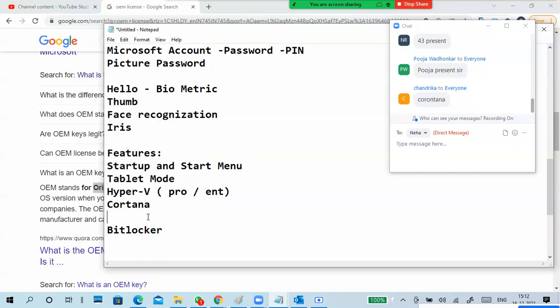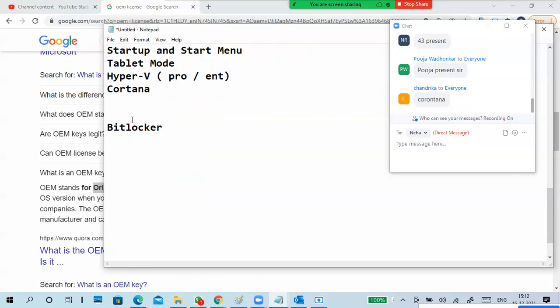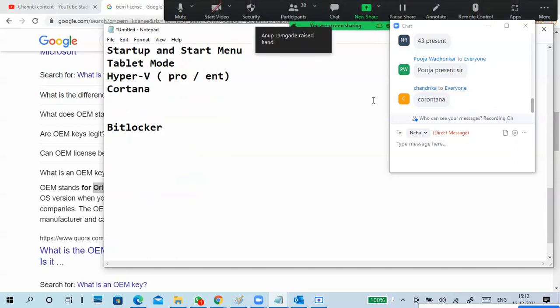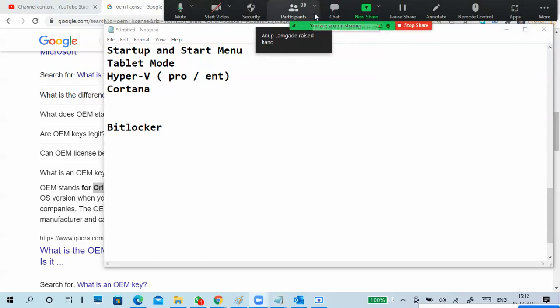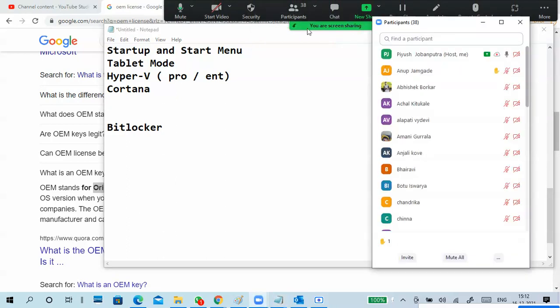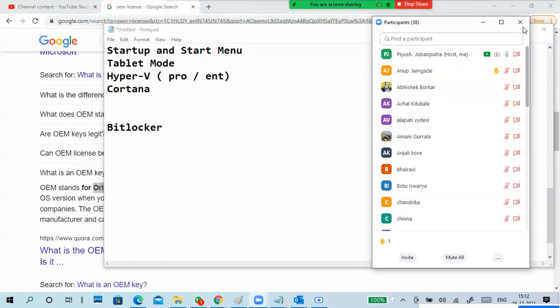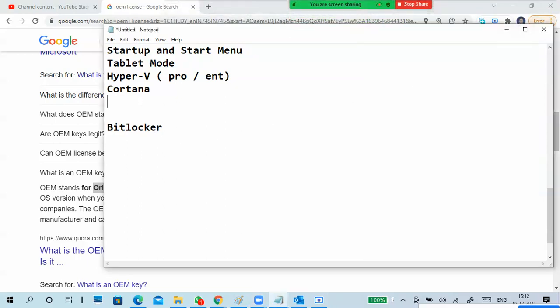So now at least it is speaking something. Previously it was giving a lot of outputs. Earlier it was working well. You can shut down the PC, restart the PC, and sign out also.